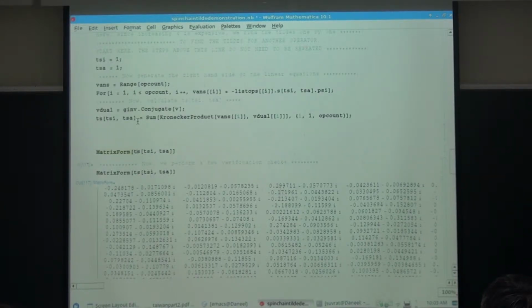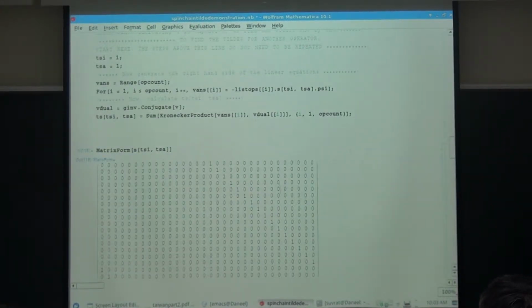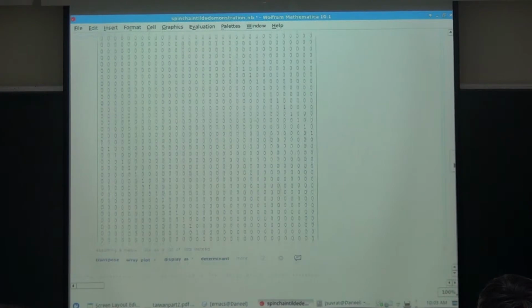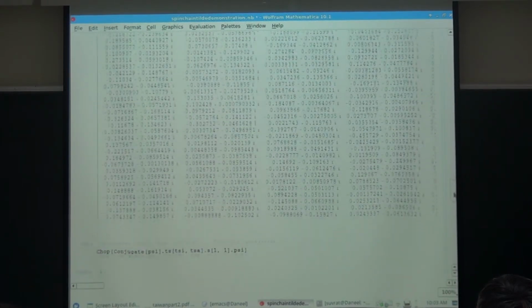If you ask for S11, that's some very simple matrix which has some ones here, some ones here, and some ones there. This is S, the ordinary spin operator. So in this basis I'm picking, the ordinary spin operator has a very simple form. This tilde operator is some horrible operator, okay? But it has some nice properties.